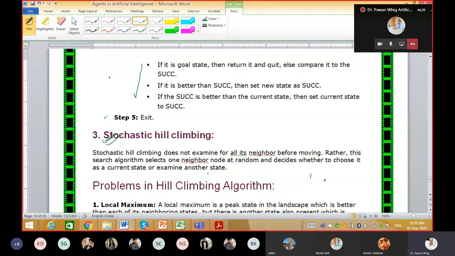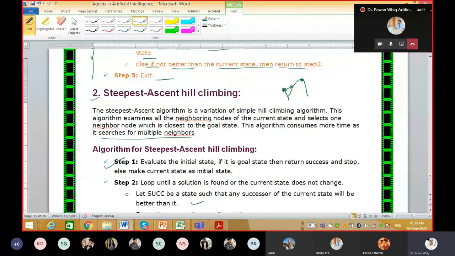It means randomly it will choose two or three, and out of those two or three it will take one and then move forward. The only difference between stochastic and steepest is that steepest will check all the possibilities. That's why it is time consuming, but it is not needed.